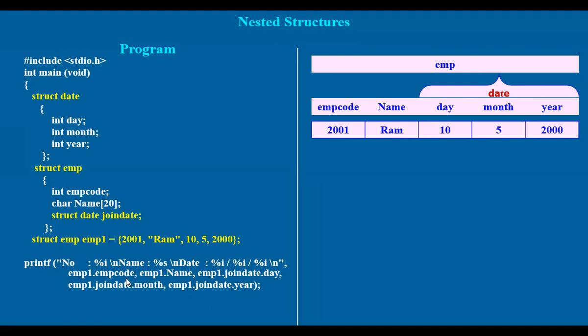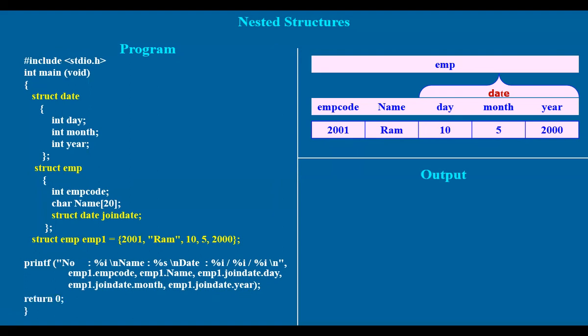This is the field name, EMP1.name, second field, and EMP1.join_date. Inside this we have another variable, a structure named join_date, so EMP1.join_date.day. Similarly, EMP1.join_date.month, EMP1.join_date.year. So like this, we have provided all the 5 data elements, and